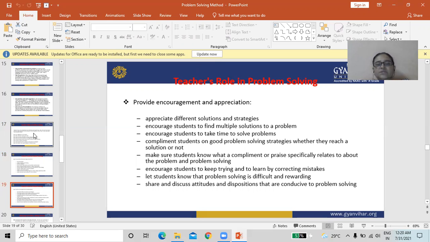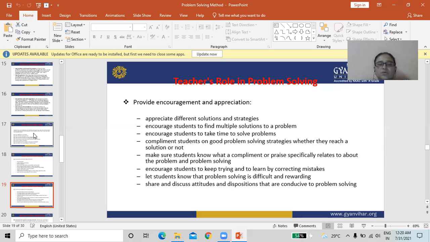Provide encouragement and appreciation. Appreciate different solutions and strategies. Encourage students to find multiple solutions to a problem. Encourage students to take time to solve problems. Compliment students on good problem solving strategies whether or not they reach a solution.